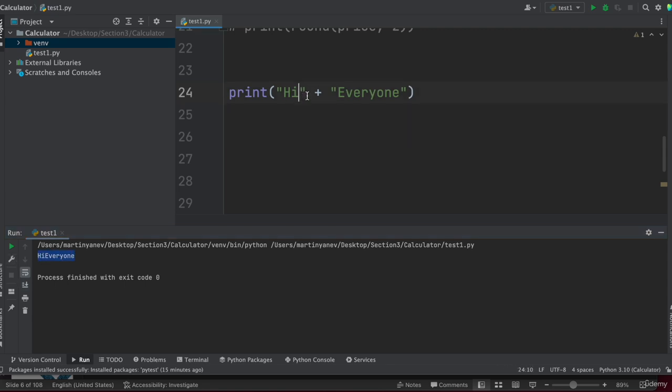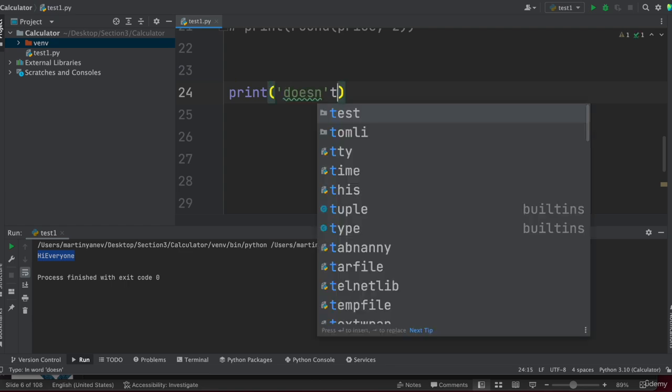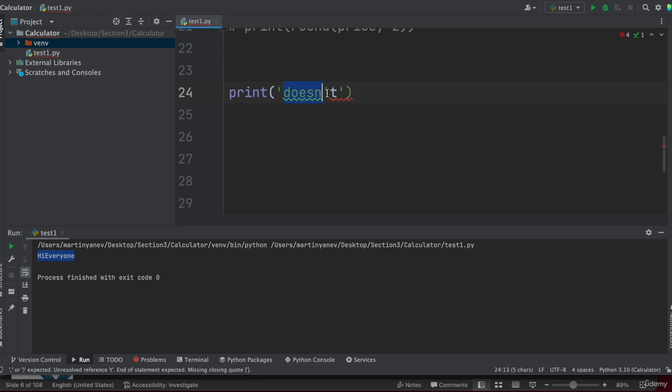So this is how easy it is to append strings in Python. You can also use some specific symbols in order to print things within the strings. So for example, if I delete this, and if I want to write "doesn't", for example, let's say we have single quotes, the T is going to get left out because Python would understand this quote as the end of the string,